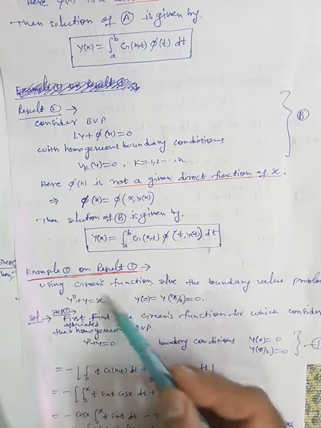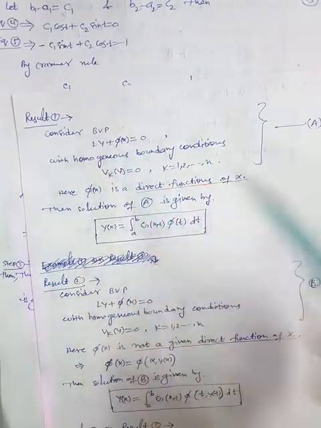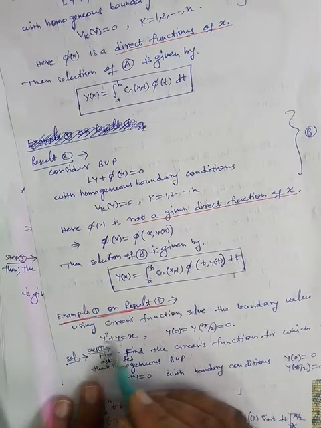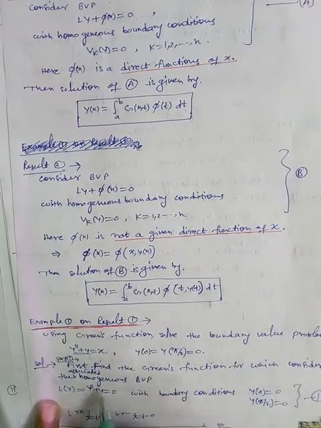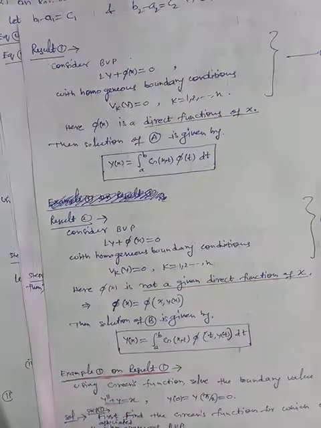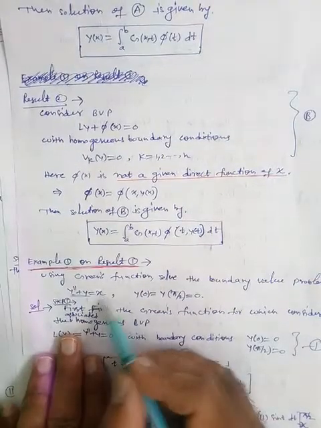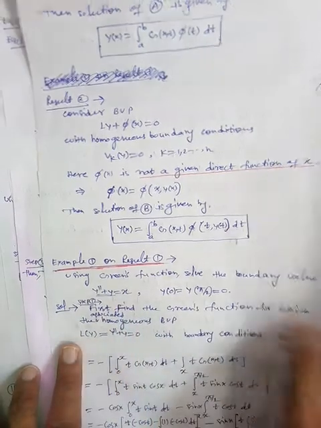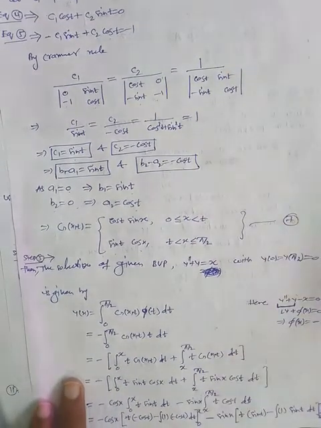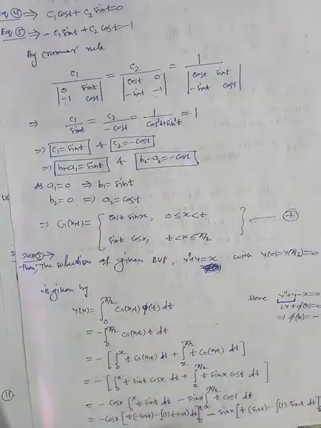Why? Because if you compare with this, Ly is this part. Ly is equal to this. We have considered the homogeneous part, so this will be nothing but phi x, which will be x when you compare. Here our target is now to find the solution with the help of this result.